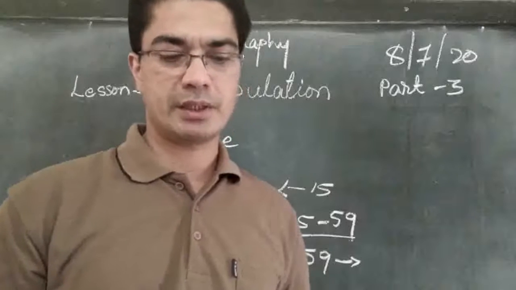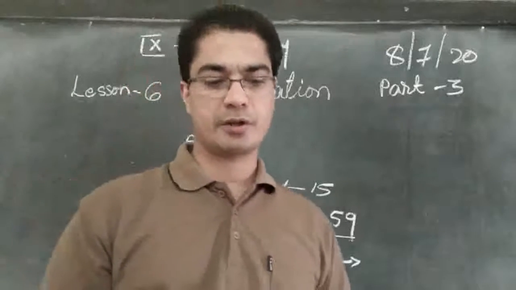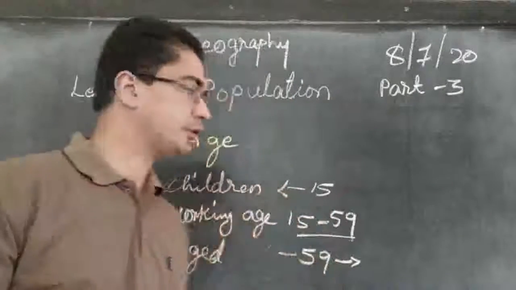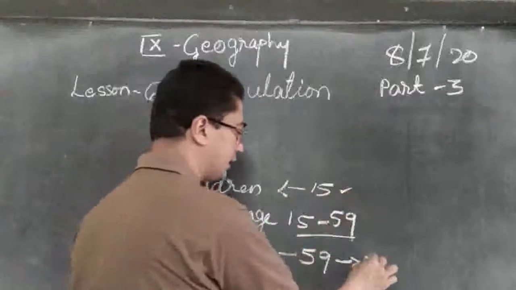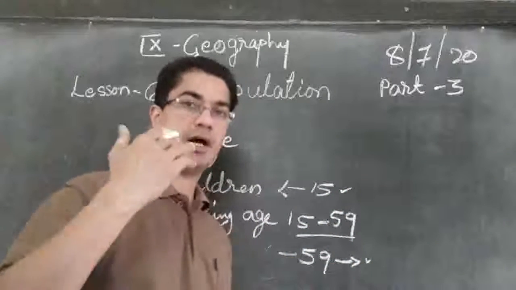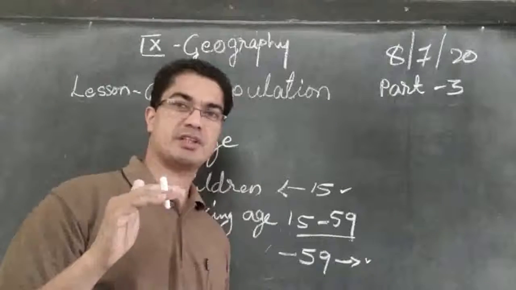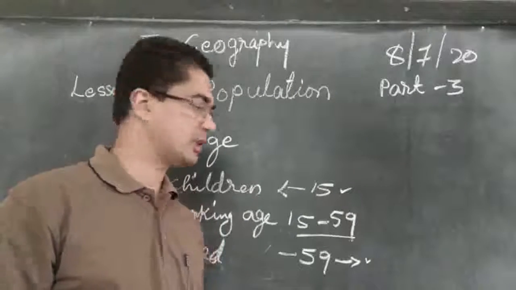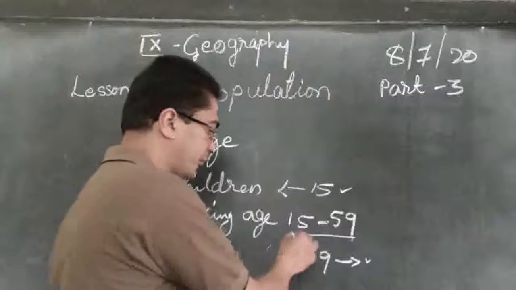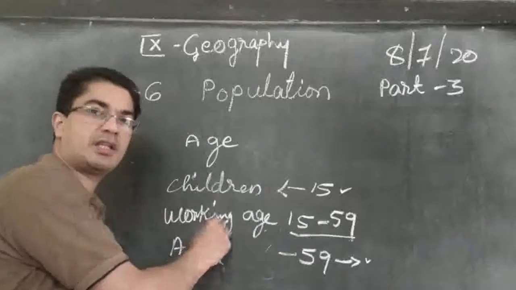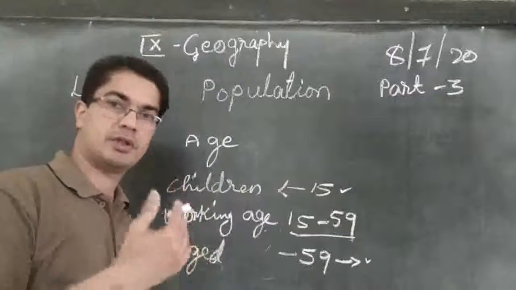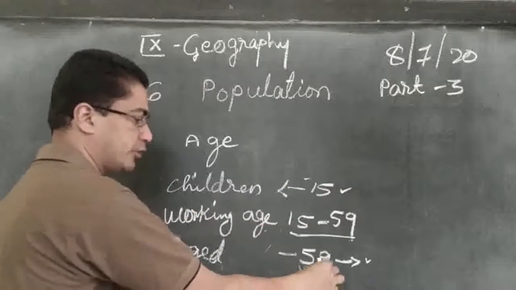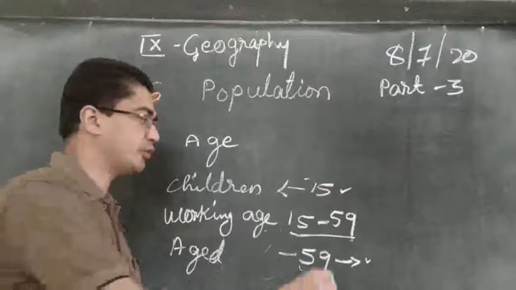So the percentage of children and the age affect the dependency ratio, because these groups are non-producers. So if in a country the children and the age, if their number is very high, what happens? Then the production is coming low, because these two groups cannot produce much. They cannot produce. And who will produce for them? The middle age or the working age have to produce for the food, the clothes, the medicine, all these things that they need. The first group and the third group, all what they need, it has to be produced by